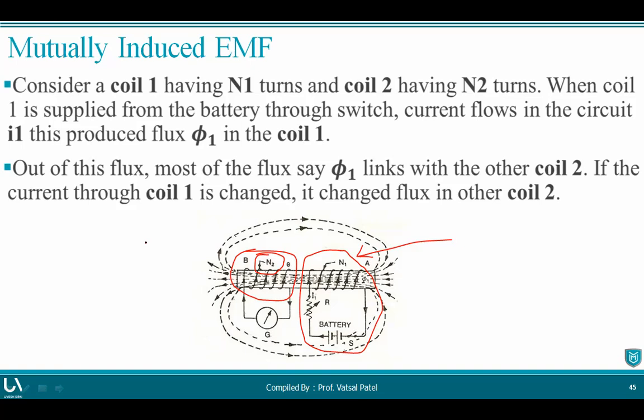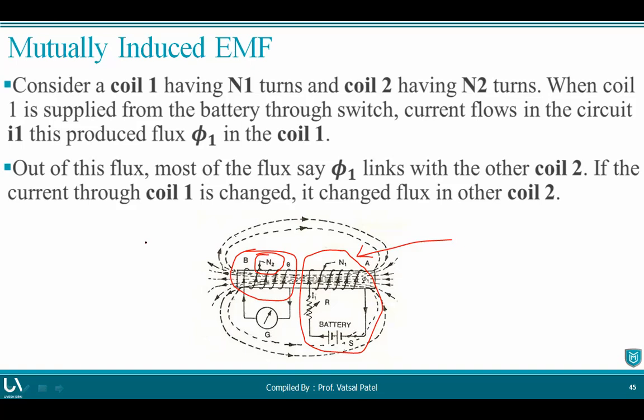So there are two coils given here, understood? Coil 1 and coil 2. Coil 1 has N1 turns, coil 2 has N2 turns. When coil 1 is supplied from the battery source through the switch, the current flowing through coil 1 will produce the flux phi1, and that flux phi1 will be